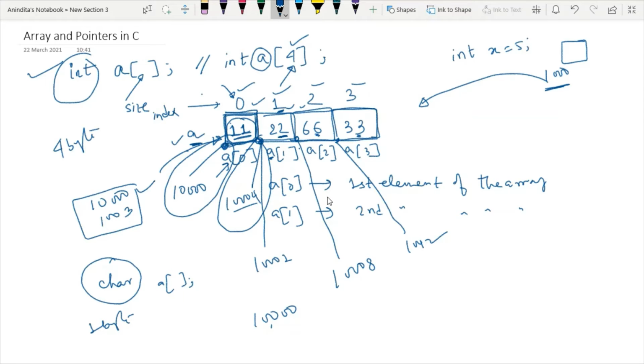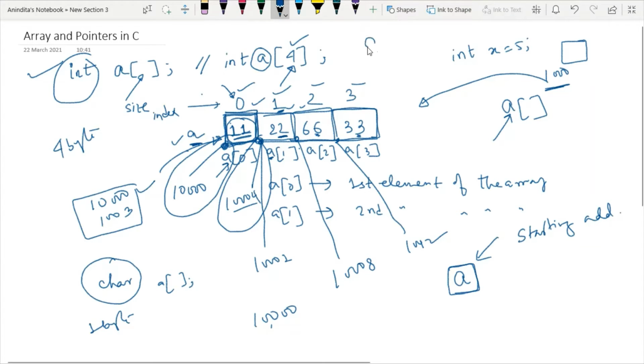But here you have to mark one more point. Whenever you are using just the name of the array while printing, it indicates the starting address. So note this point. Whenever you are using the name of the array with some index value, it indicates the particular element which exists at this index. a[0] denotes the particular element 11 at the first index.